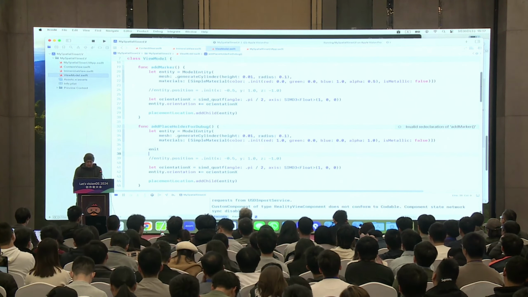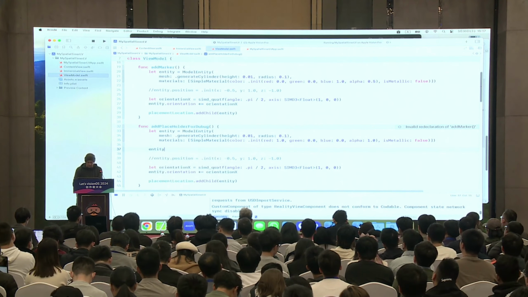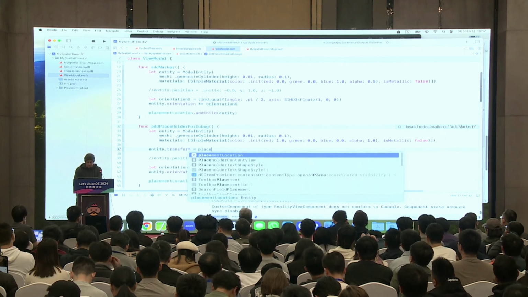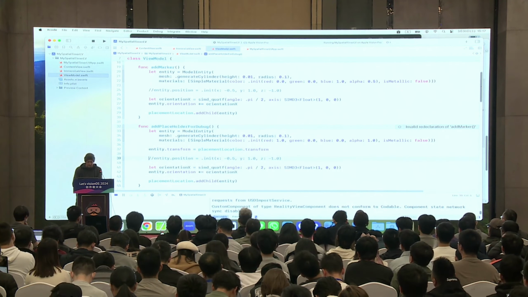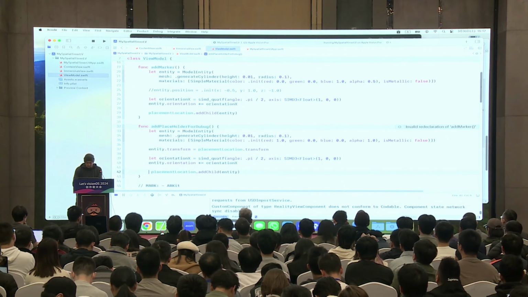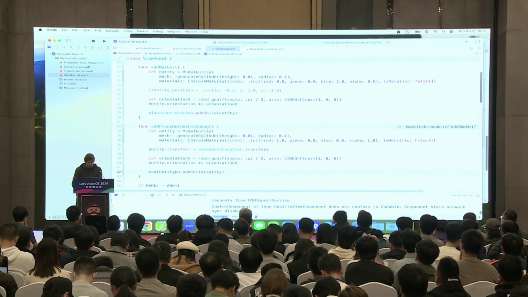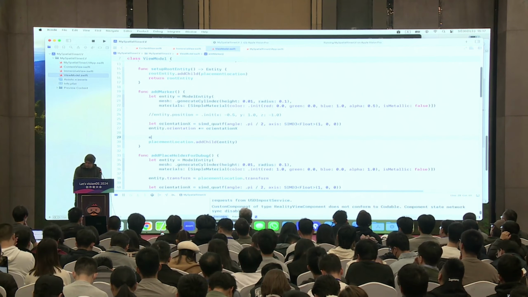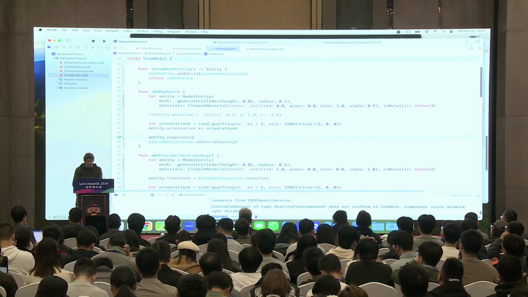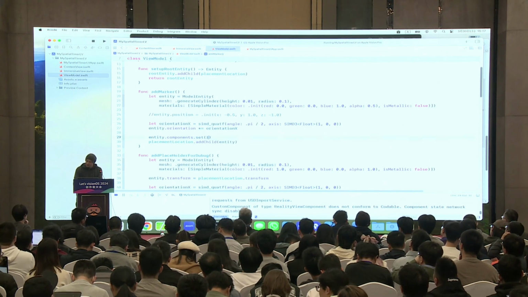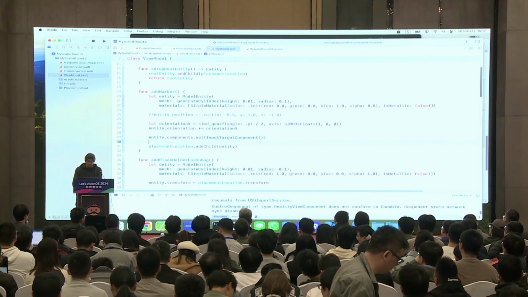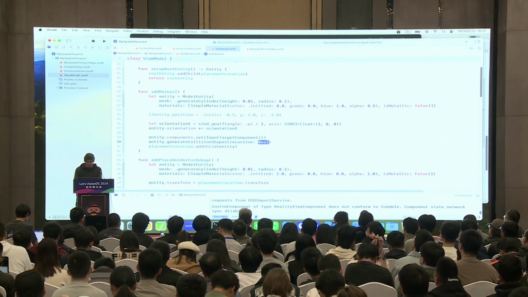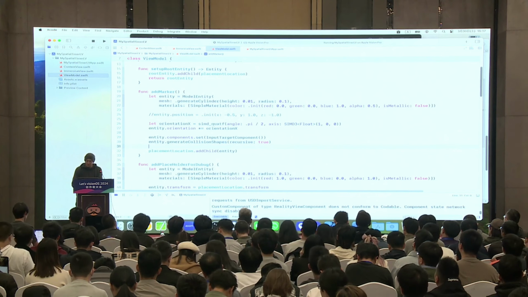And entity transform should be equal to placement transform, and need to be added to root entity. And I need a components set: input target component and entity generate collision shapes. That should be okay.